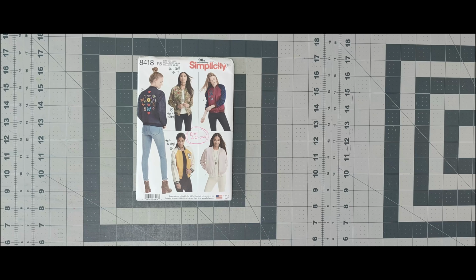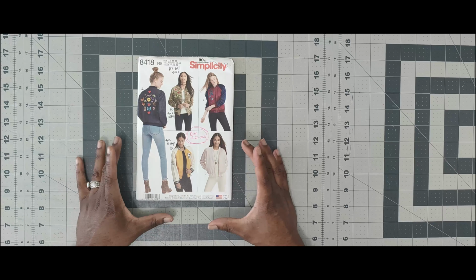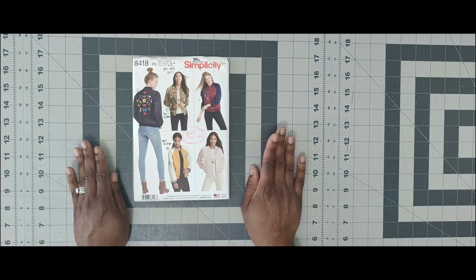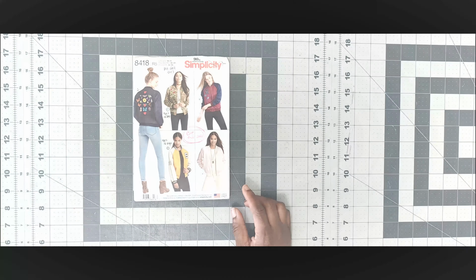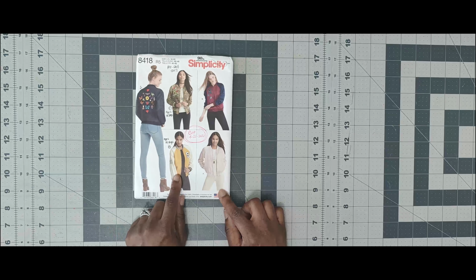8418. I have done this. I did this as a collaboration, the Mommy and Me collaboration with Creativity by T, as well as Heather May from Miami. Her IG handle is Textile Tailor Thoughts. We basically collaborated on a Mommy and Me for Mother's Day. I did the bomber jacket with some pants with my daughter. I'll put photos up. But once again, this pattern is 8418,